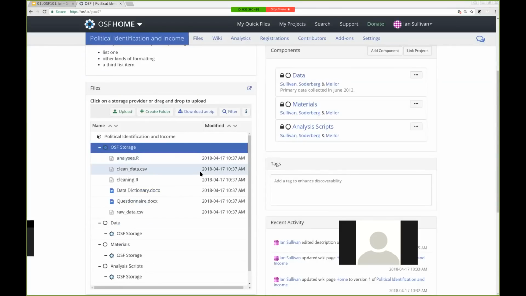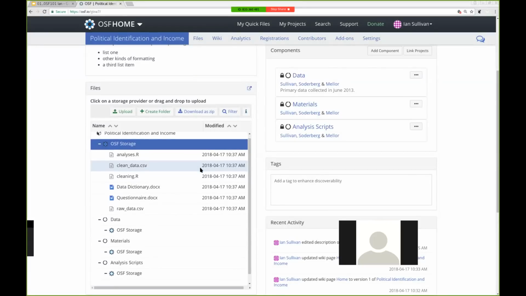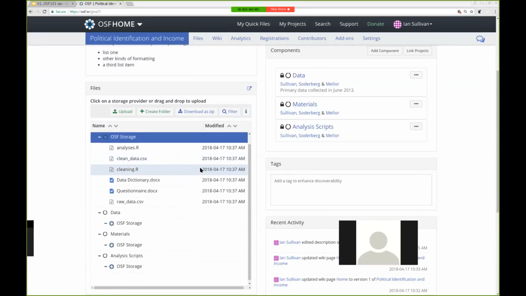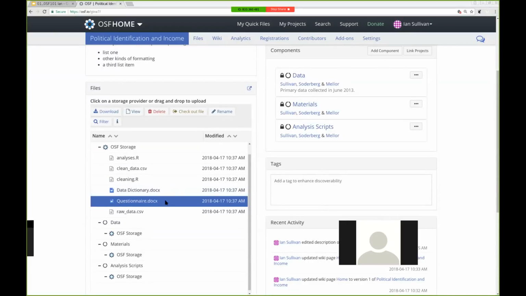So now I've added all of these files to OSF, but ideally I'm going to want to use the project structure that I created to organize and sort of administer these different files. That means I need to now move them into the different components. Moving files on OSF is really straightforward. You can just click on them and drag. So I've got my questionnaire here. That's a material. I'm going to drag that to the OSF storage under